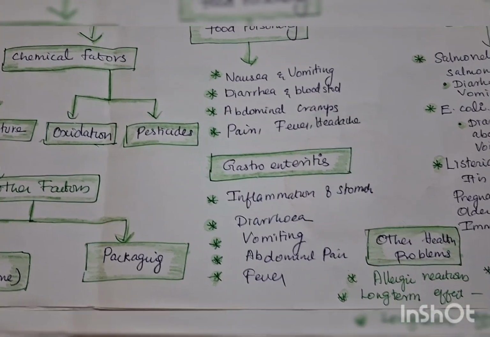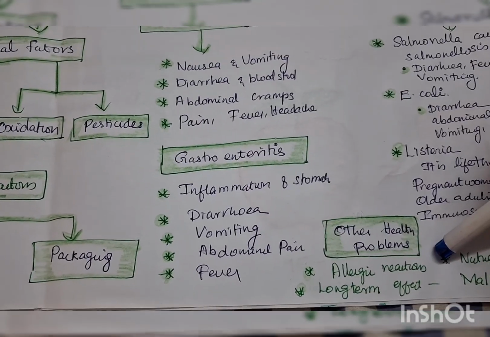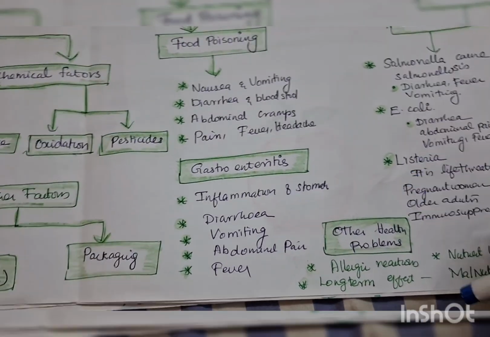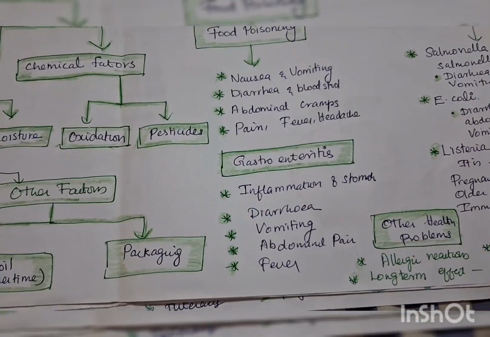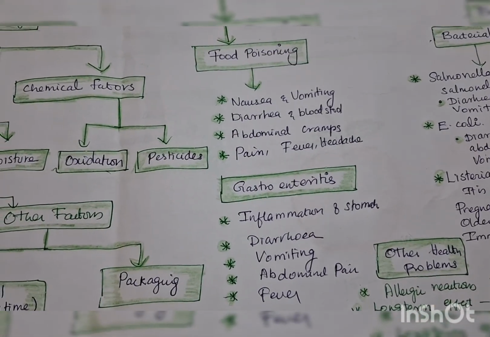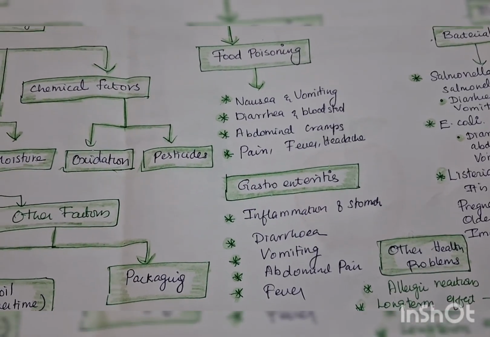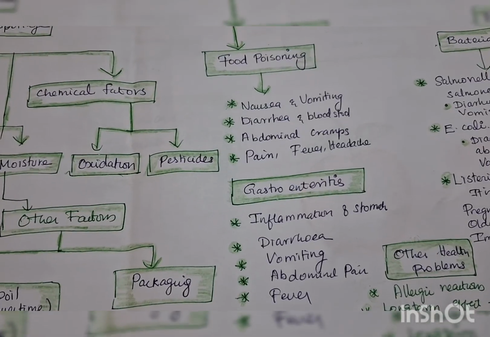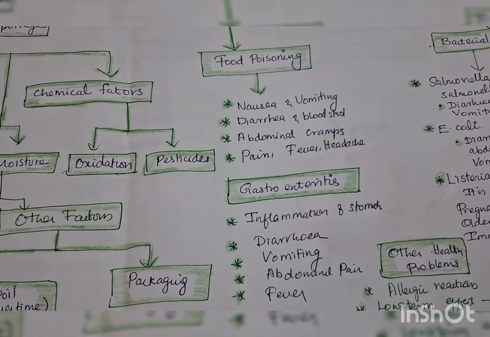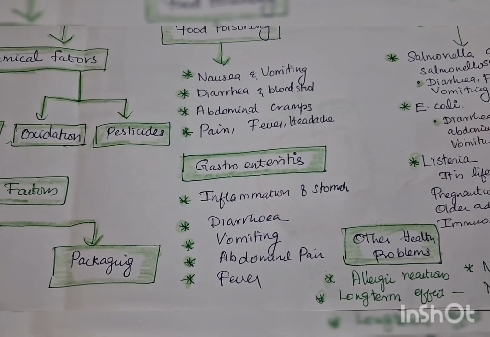Other health problems. What are the other health problems? Sometimes it is allergy. My friend from America called me, Akka, one of our neighbors is of Indian origin, but the child was born in America. You won't believe, Akka, many foods cause allergy. Egg is an allergy, nuts are an allergy, and meat is an allergy, but this child wanted to eat them all. So what will happen with the allergy?